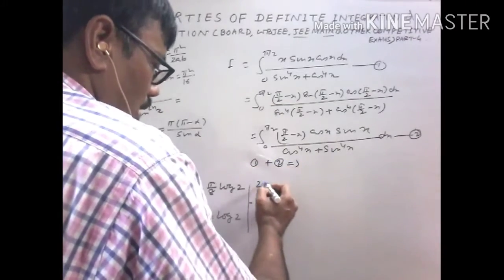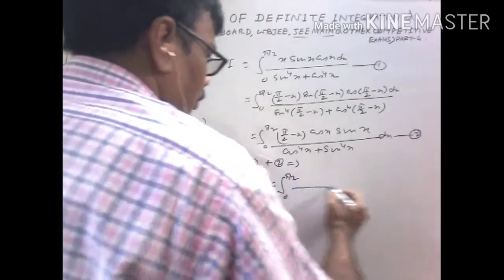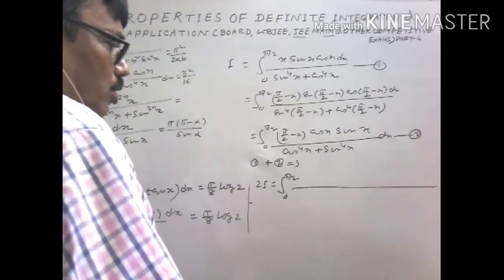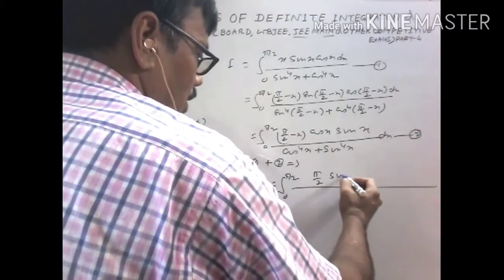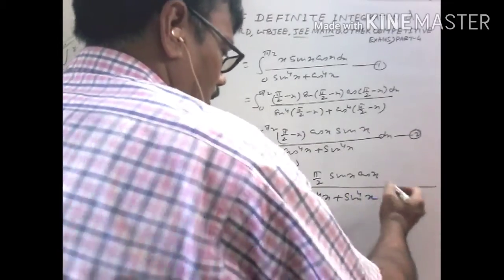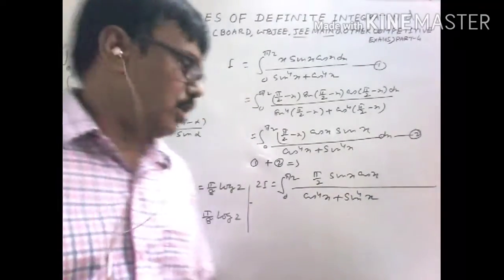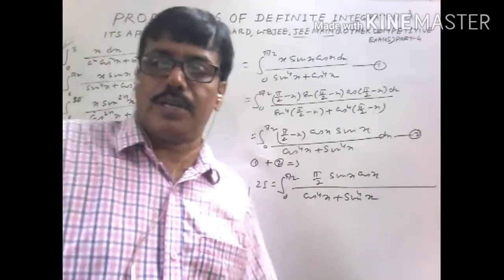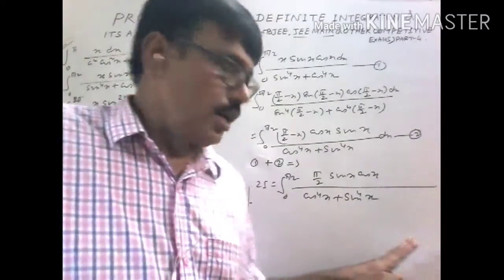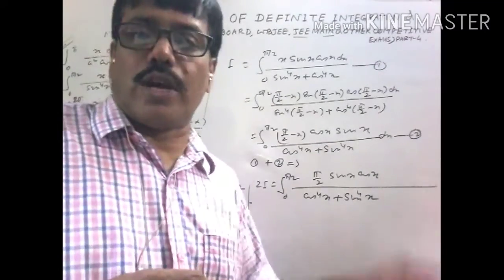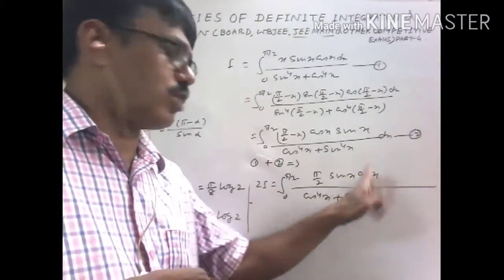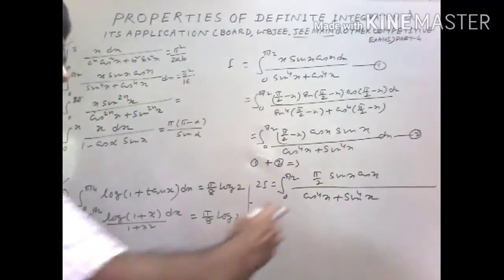1 plus 2 implies 2I equals integral 0 to pi by 2. Look, here x sin x cos x, here also minus x sin x cos x. So this one cancels out, omitting one step. So cos to the power 4x plus sin to the power 4x. Now it is a well-known problem of indefinite integral. So you have to multiply numerator and denominator by sec square x, or you can put sin square x equals to z, because the derivative of sin square x is 2 sin x cos x. But it will be simple